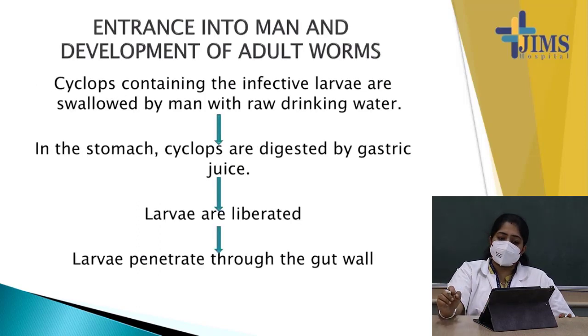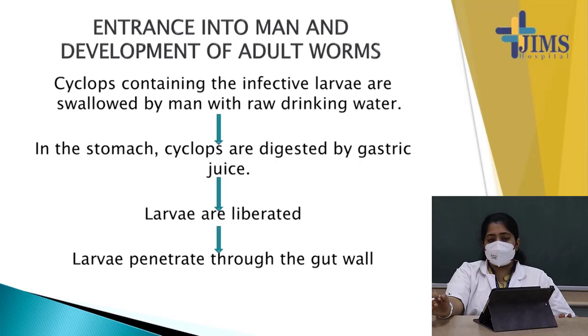Now, entrance into man and development of adult worms. The cyclops containing the infective larva are swallowed by man with raw drinking water. See, the cyclops are present in the ponds and lakes. So, when human beings consume the raw drinking water, the cyclops enter the human gut along with the raw drinking water,